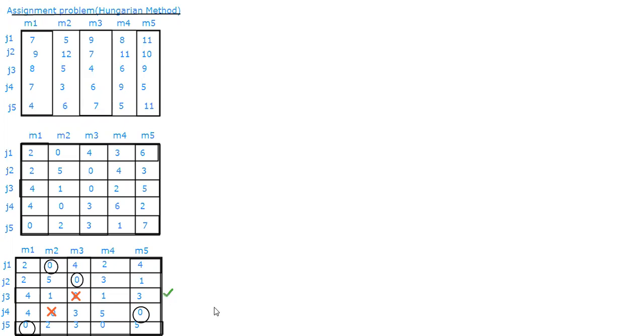Okay, understand? Please read the second step. Mark the column which has a 0 in the marked row. So here mark the column. Please read once again. He said mark the column which has 0 in the marked row. Already we have assigned one thing. So we have a 0, but we cannot mark it because one is already assigned. Wherever there is an unassigned row, the column with a 0 in it, he says you mark that column.